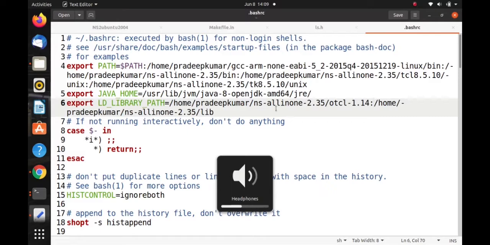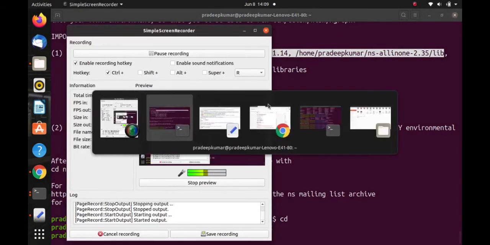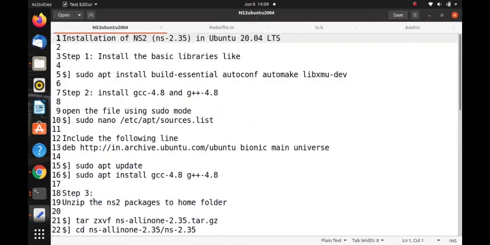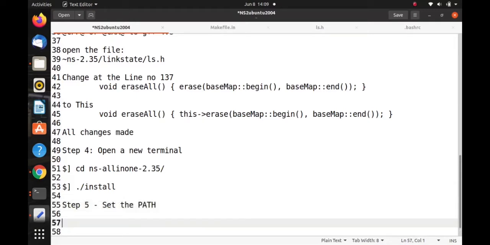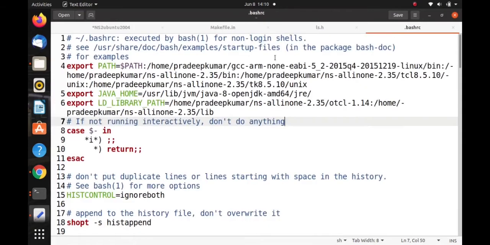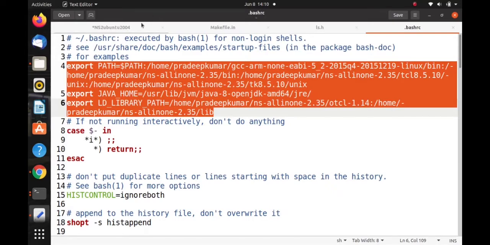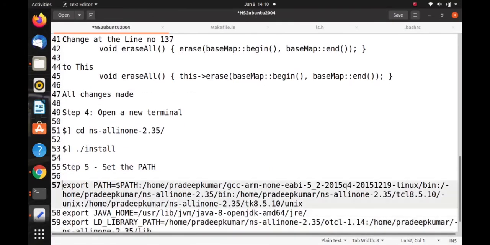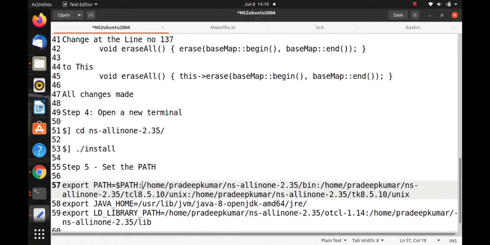I've done it. So this is step 5: set the path. We have our command here, I'll just use this file. From here to here I'll copy. In case you have not tried anything, $PATH is very important here. From here to here you just copy, and don't give any blank space here, blank space should be avoided.